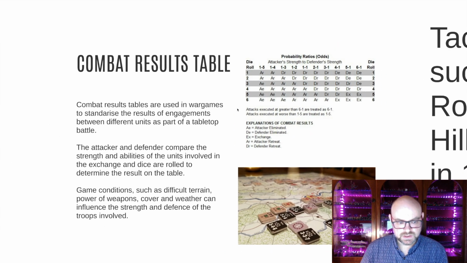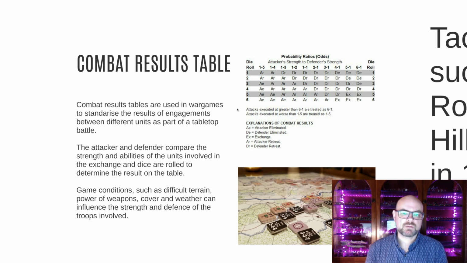So this is a really great way of simulating game conditions such as attack power, so a tank attacking a troop is going to have more success damaging that troop than another troop attacking a troop, or a troop attacking a tank. And again, this doesn't need to be military.